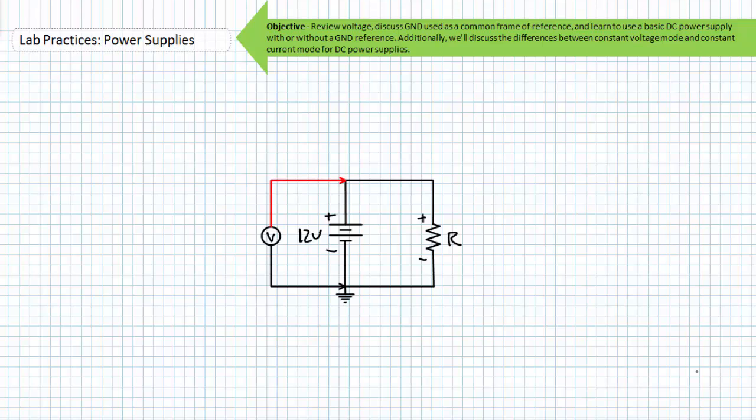If I was to include a ground reference node, in this case hooked to the negative end of my DC power supply, the positive terminal would still be 12 volts higher than the negative terminal. The only difference between this and our original circuit being that the positive terminal is now 12 volts higher than what you are standing on. Because the differential exists, conventional current emanating from my positive terminal travels to my negative terminal, and this is where